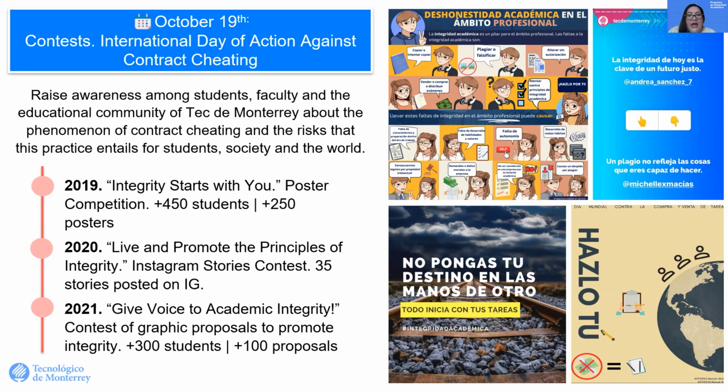In 2020, we launched an Instagram stories contest called Live and Promote the Principles of Integrity. Here we ask the students to reflect on the things they do to study with integrity and post it on their Instagram stories using the hashtags IntegridadTech and Excel with Integrity. We only had 35 phrases posted on Instagram, which were put to a vote, and the community voted for the best 3. As we did not get the attention we were looking for in 2020, we changed the dynamic, and